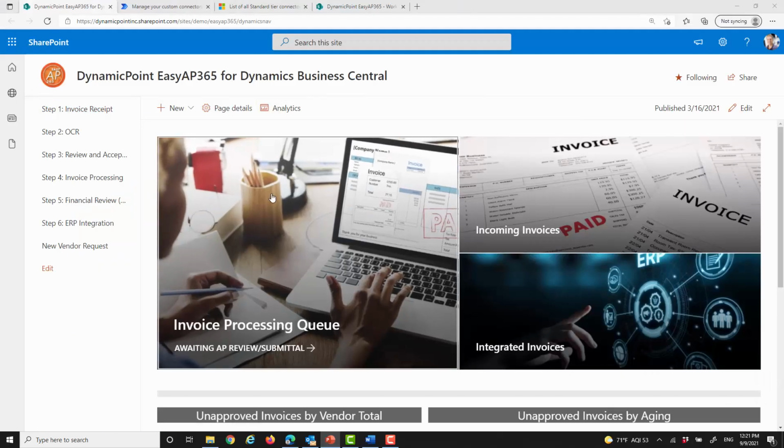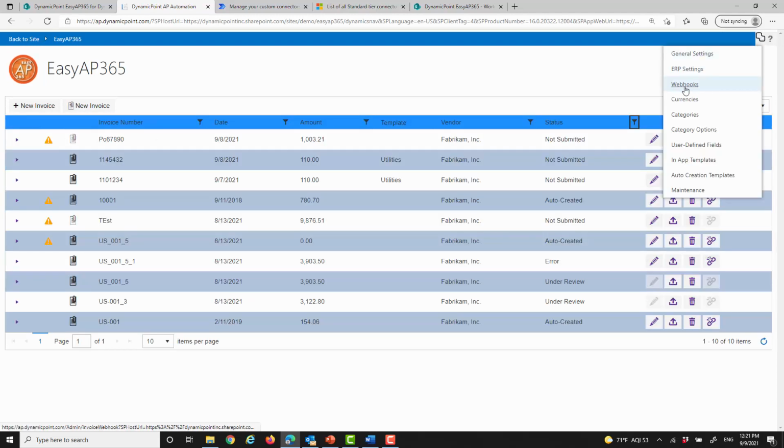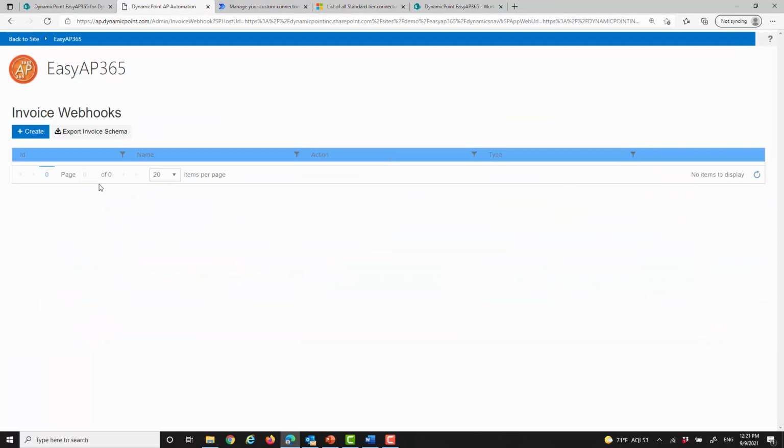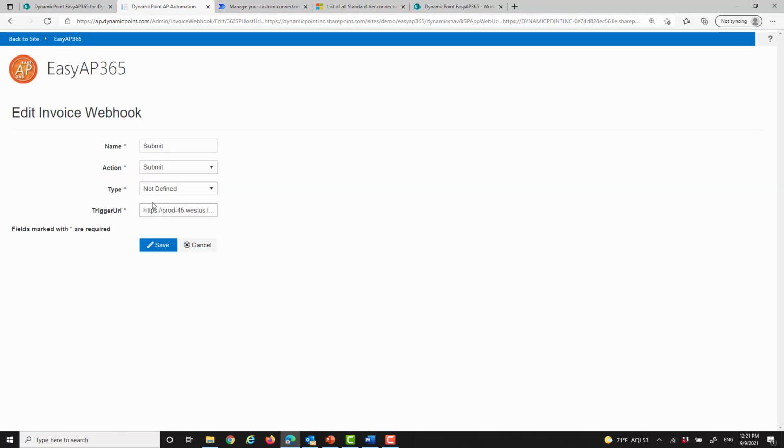So if I was going to go ahead and go to our demo site here and go into the application, what we'll notice in the configuration settings is this option called webhooks. And what webhooks is really is our integration with Power Automate for workflow. So if you go into this section, you can see here, I could basically integrate a Power Automate workflow for